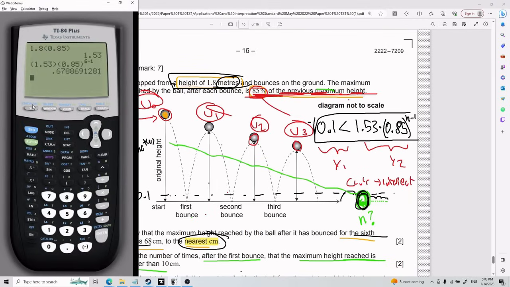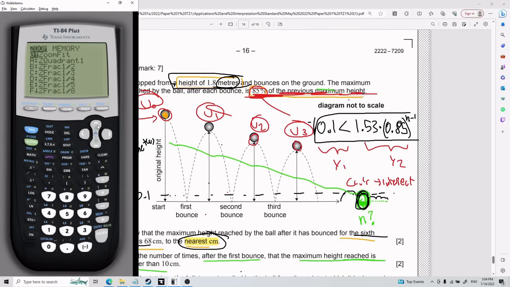You will basically be asking your calculator what makes this true. So if I put 0.1 on one side, and on the other side 1.53 times 0.85 to the power of n minus 1, and I graph it and find the intersect, I will find my key point. If you're a little bit confused with the calc intersect, I do have a video on it,